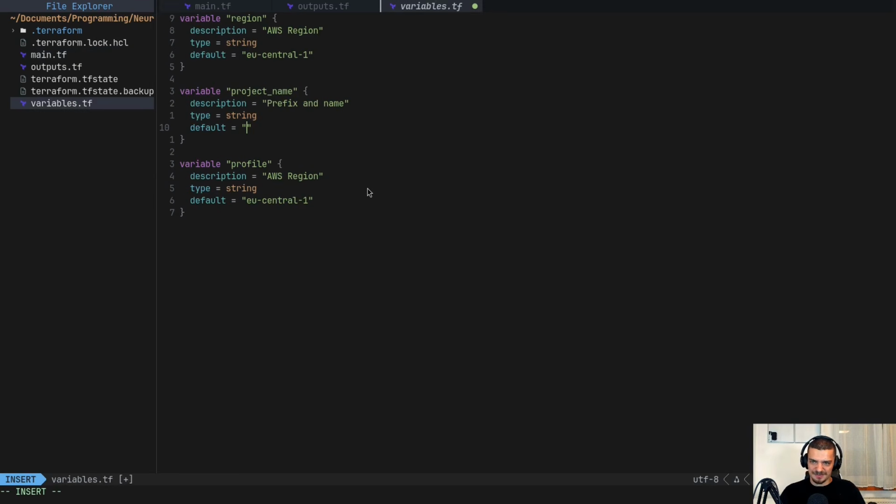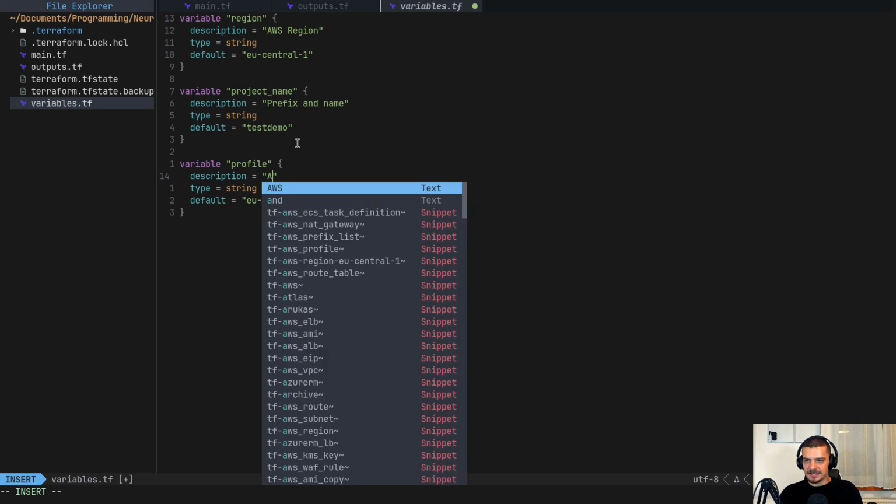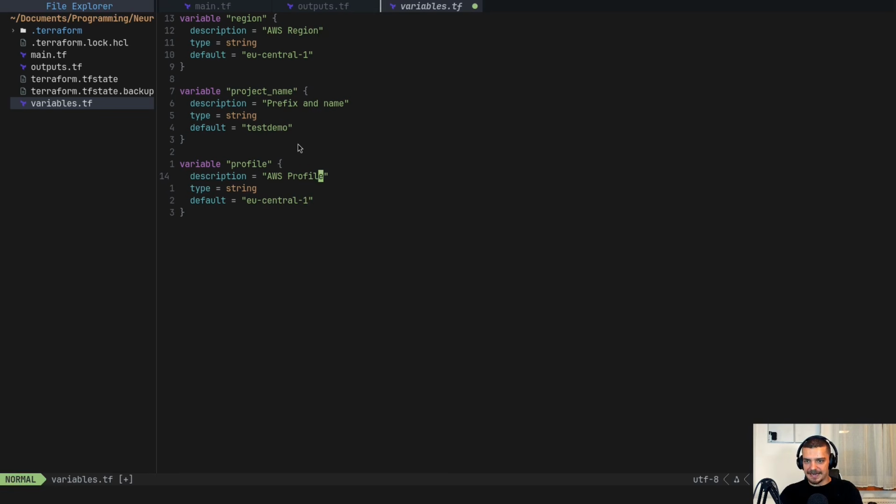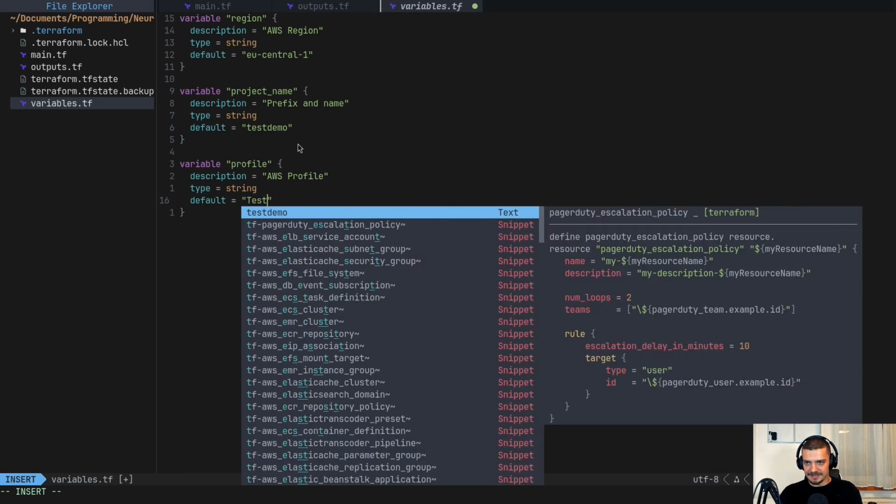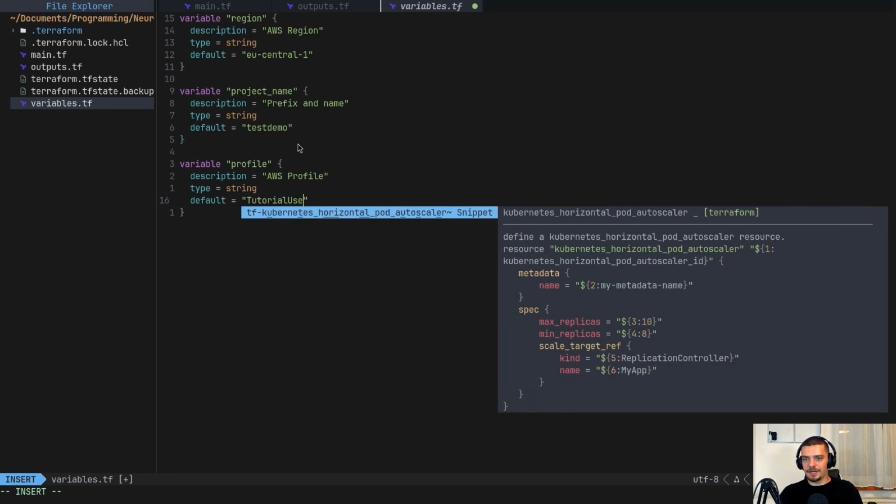Maybe we should not call it test bucket, but test demo, because it's not just a bucket. And of course, we don't want this with a trailing dash. We just want to have the name, and then we can format this into a string with a hyphen. And for the profile, we can say this is going to be the AWS profile, and by default, that's going to be, what did I call it, tutorial user.